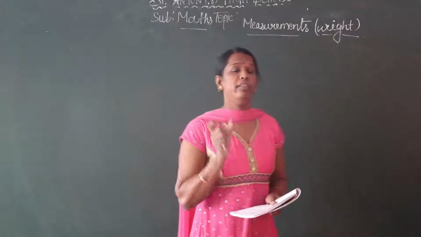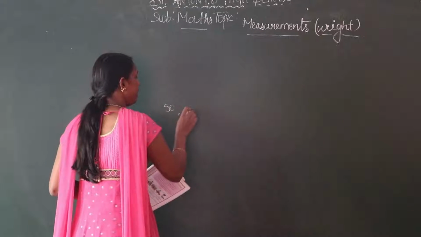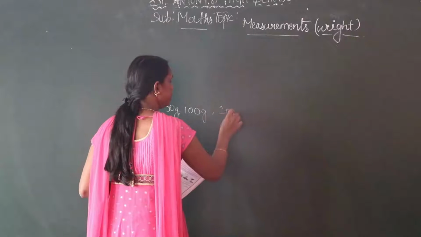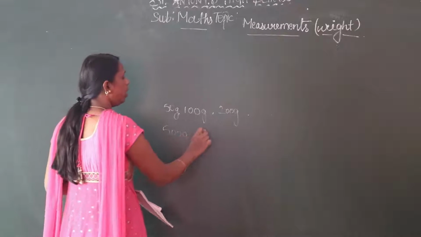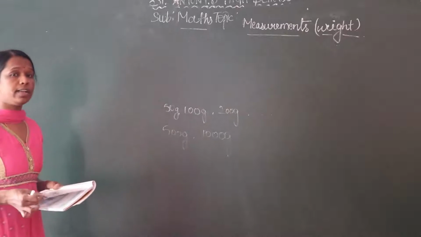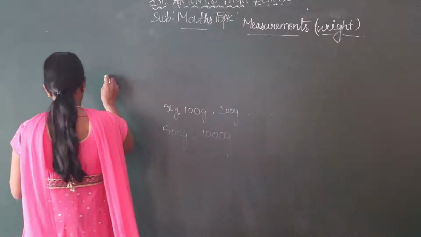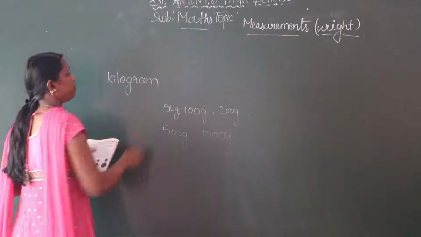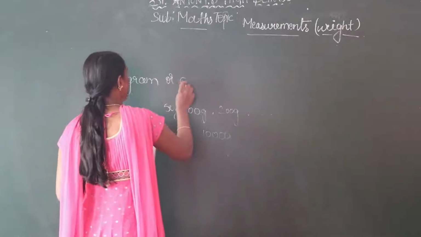So using weights. You know weights. The weights usually start from 50 gram, 100 gram, then 200, 250 like that, and then 500 gram, that is half kg, 1 kg, that is 1000 gram. So usually the weights are expressed in terms of grams or kilograms. Okay. Grams or kilograms. The SI unit of weight is kilogram or grams. Okay.